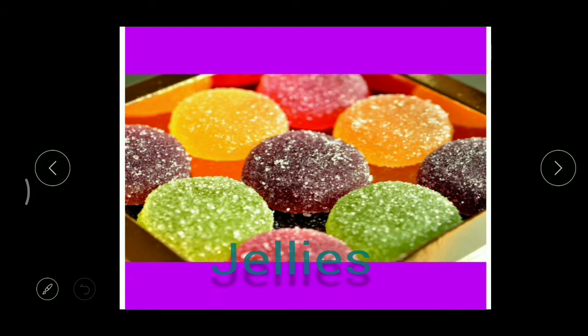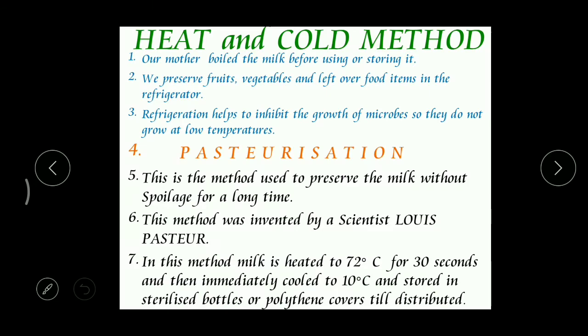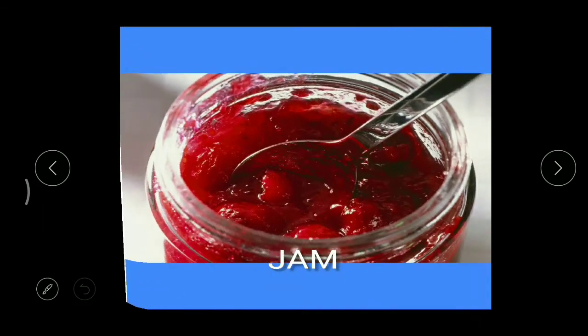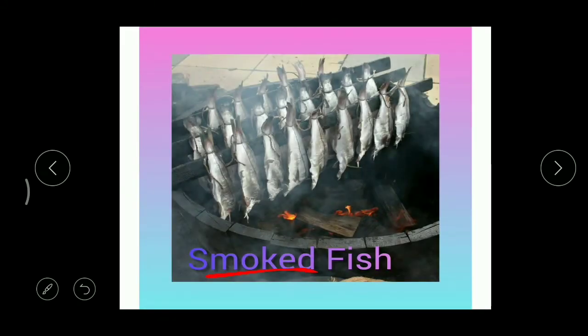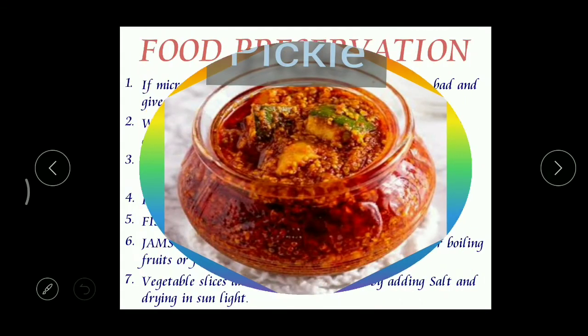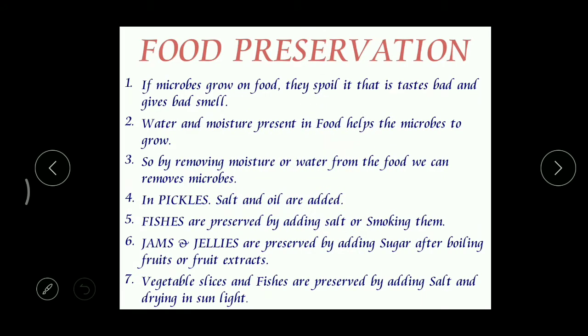We add more and more sugar. So here sugar acts as a preservative. Got it? So these are the things. By using all these methods, we can preserve different types of food items like this. Now, even vegetable slices and fishes are preserved by adding salt and drying them